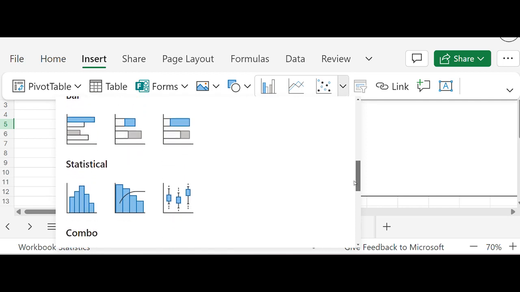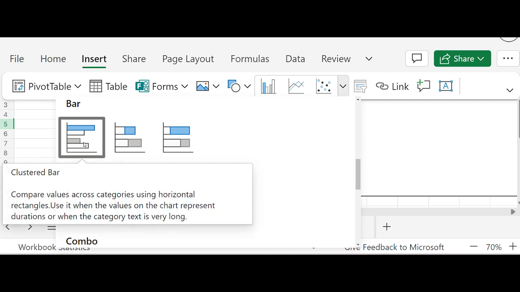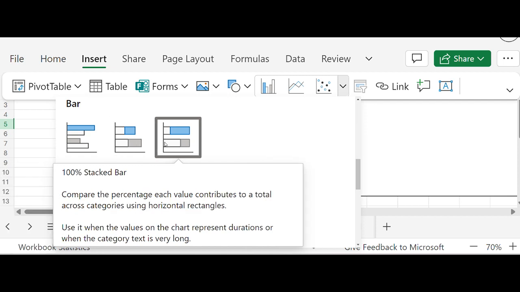So here in bar chart we have three types of chart. The first one is reflected as a cluster chart. So cluster chart is the first type of bar chart. Here the definition of cluster chart is also showing. Then the second chart is stacked bar. So stacked bar definition is also reflecting here. You can read it out and understand what it is. Then the third chart is 100% stacked bar chart. So its definition is also reflecting. It is nothing but the representation of the second chart in 100% data.